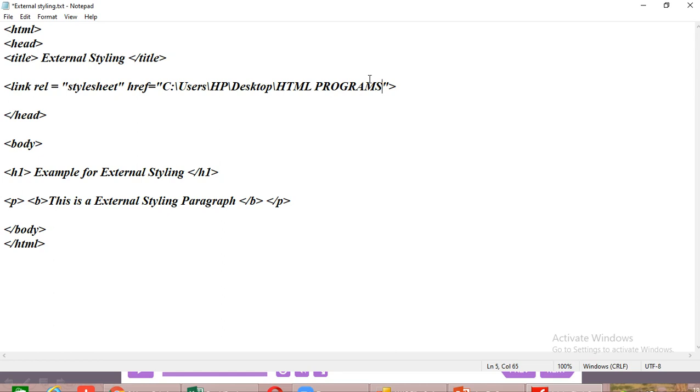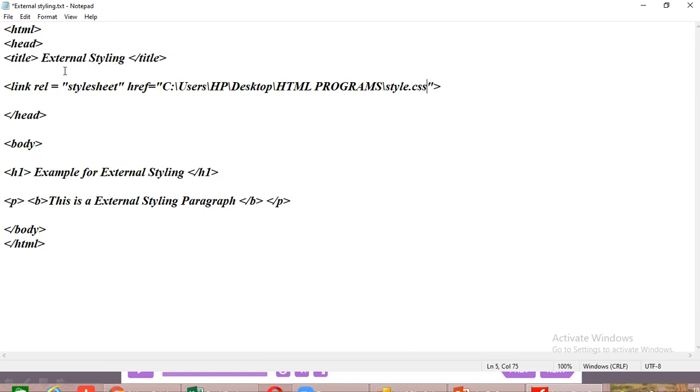So you want to give the slash. This slash will be under the backspace, because there are two types of slash. After this, you want to give the file name, that is style.css. Is it clear? Then close the double quotes and close the angle bracket.